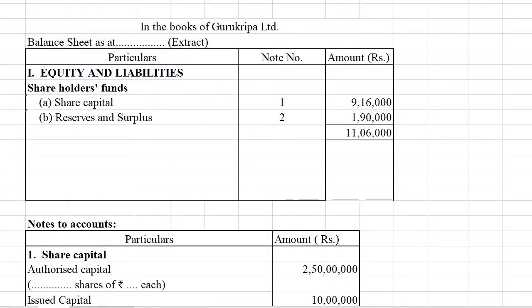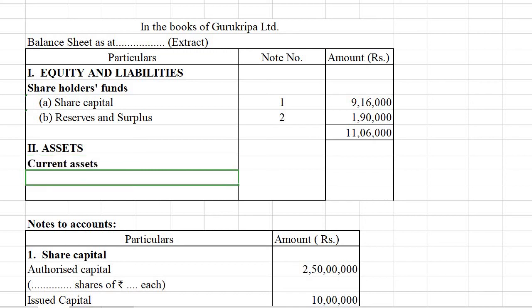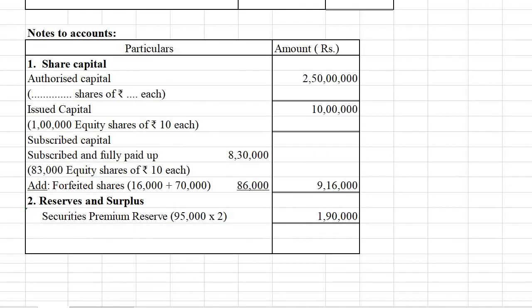Then comes to the asset side. We have to complete the asset side. Now the liability is over. We are starting the asset side. Asset side, the heading 2 assets. In that non-current assets are there and current assets are there. Now we need current assets only. So we will write the heading current assets. Then under that current assets, many items are there: cash in hand, cash at bank. So that comes under cash and cash equivalent. So that main heading, cash and cash equivalent, we are writing. For that we have to prepare a notes to account, note 3, cash and cash equivalent.